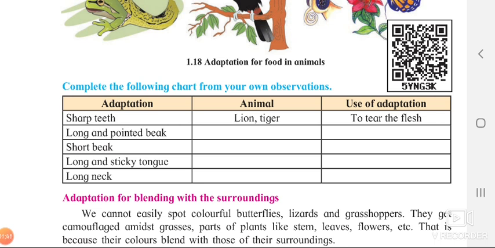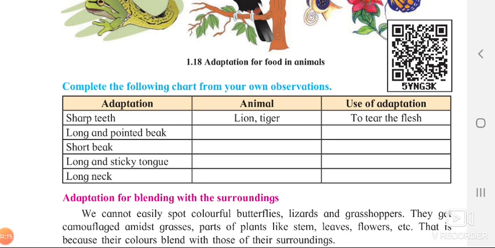Okay. Now, what is the use of the long and sticky tongue? Which animals consist of this long and sticky tongue? Not very long, but the frog also consists of a tongue which is a little long and which is sticky. The next one which consists of this long and sticky tongue is the woodpecker. So what is the use of this adaptation to them? Can anyone tell me what is the use of it? Yes, they can easily find the food for them. They can easily find any of the small insects. They can hold them with their tongue and they can eat it.